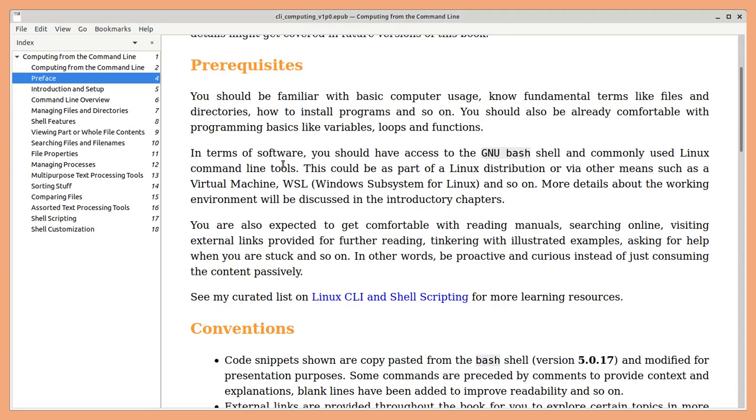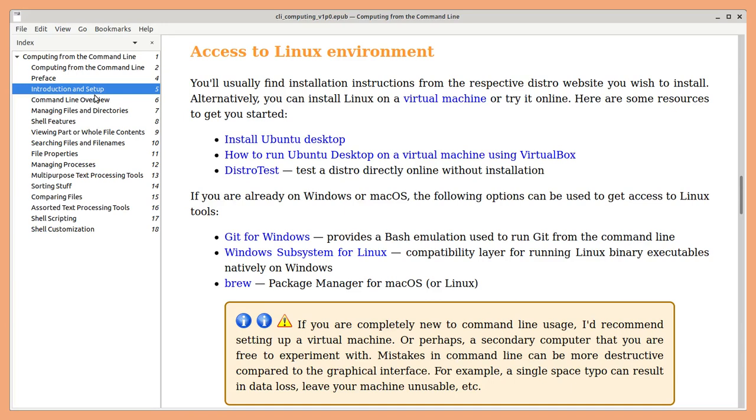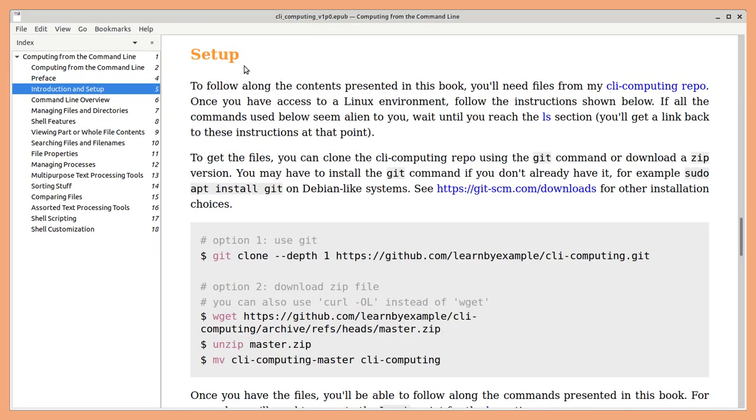In terms of software, you should have access to the bash shell and commonly used Linux command line tools. You are also expected to be proactive and curious instead of just consuming the content passively. In the introduction and setup chapter, you will find links to help set up a Linux environment. And in the setup section, you will find instructions to get example files and scripts that are used in this